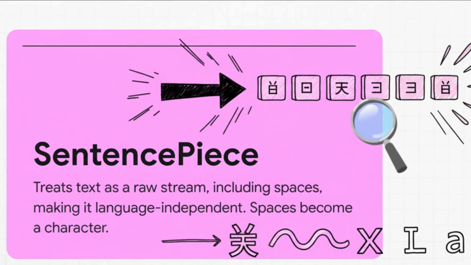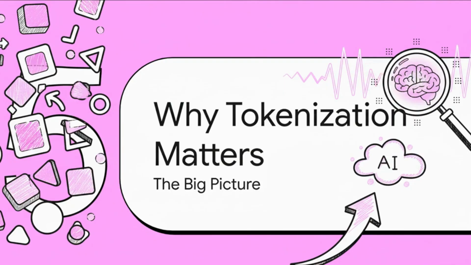And on top of all that, there's a really brilliant innovation called SentencePiece. The big idea here is to stop treating the space as some magical separator. Instead, it just treats the space like any other character, even represents it with this special underscore-like symbol. And this is a total game changer because it means the same model can tokenize languages that don't use spaces, like Chinese or Japanese, without any special custom rules. It's incredibly versatile.